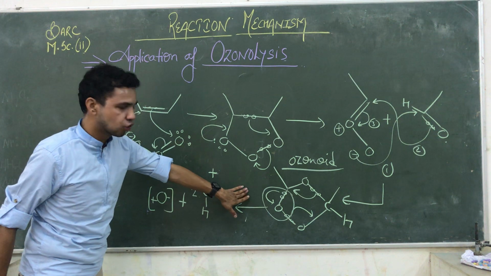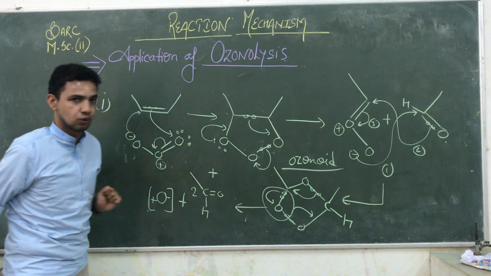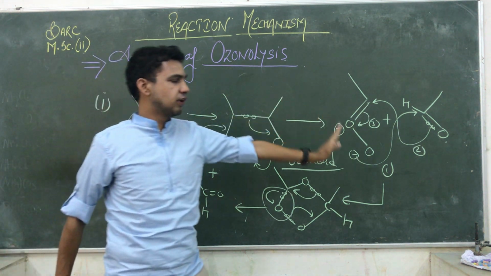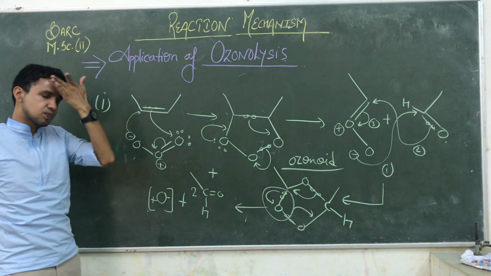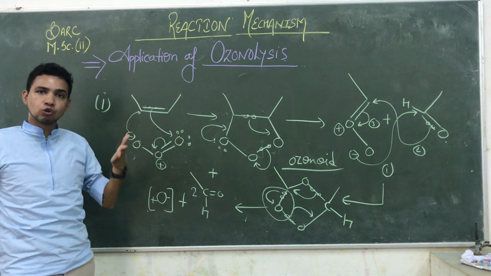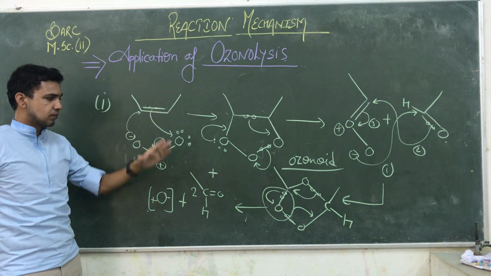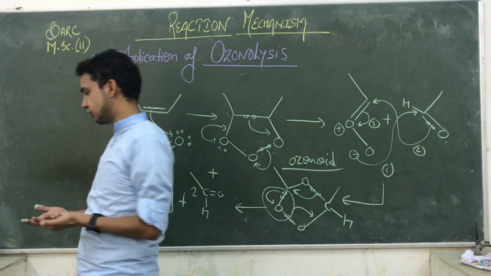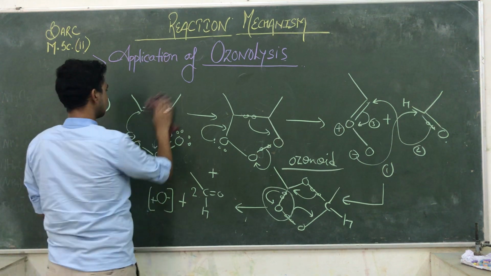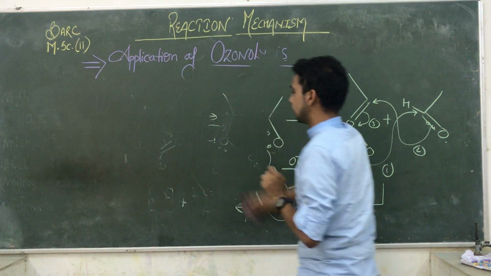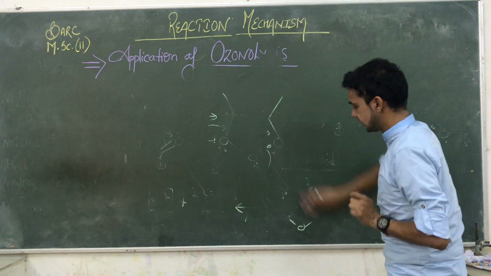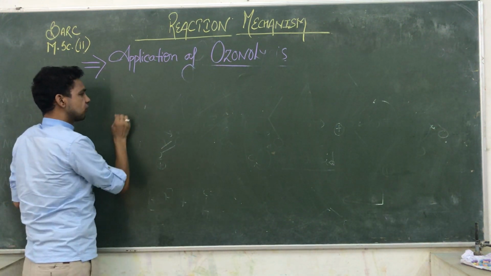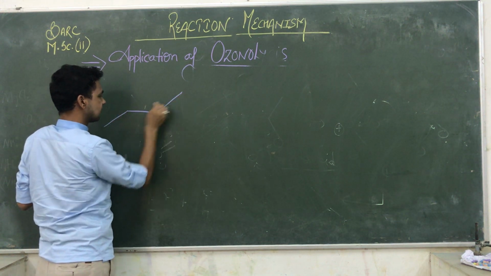This nascent oxygen is occupied by the reagent. Whichever reagent you use here, it will occupy this oxygen. That is the general way of following the ozonolysis process. In every reaction in which ozonolysis is carried out, you get similar kinds of steps. Then we talk about the different kinds of ozonolysis processes, in which we use different kinds of reagents. So see guys, what happens if suppose we have an alkene, okay, that one is an alkene.